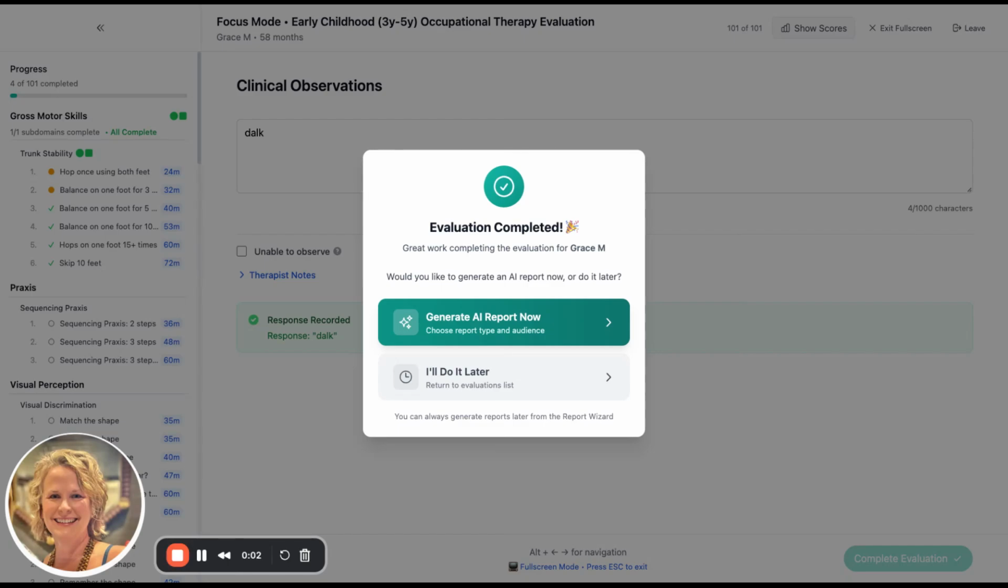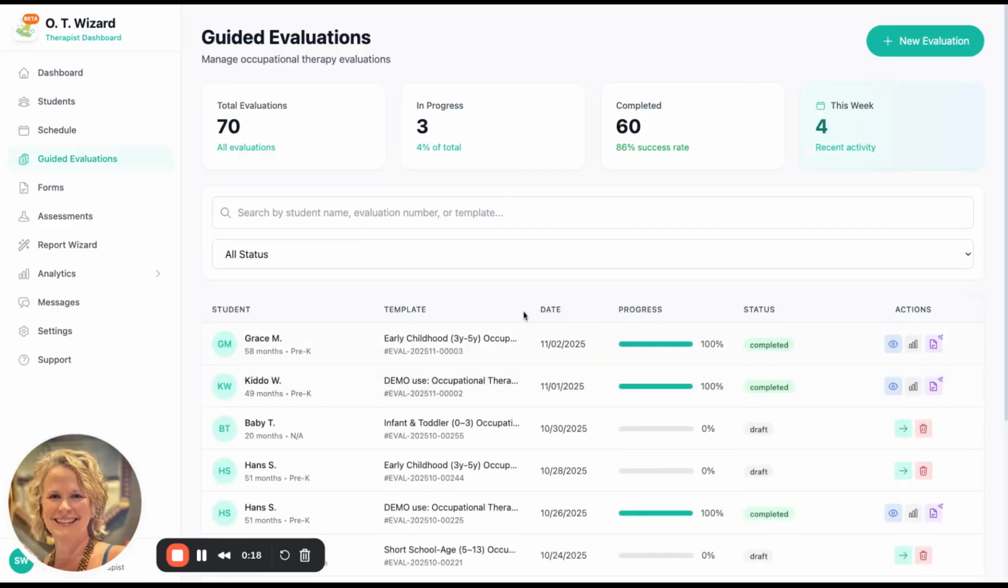Let's talk about the report wizard. Once you've finished your evaluation, you're going to get a little pop-up like this that you can generate your report now, or you can say, hey, I'll do it later. So it doesn't matter which one you do. I'm going to click I'll do it later because I'm going to show you how you can go back into